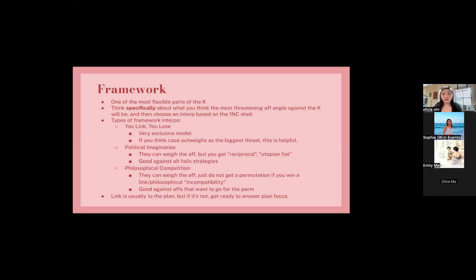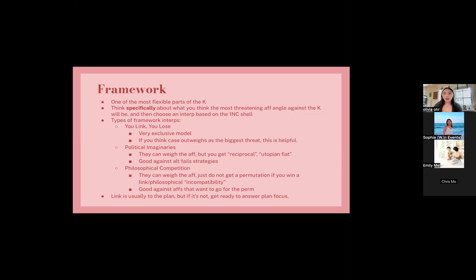You can combine the last two framework interps together and mesh them together based on the round. But the last two middle ground strategies are definitely the most strategic in the context of cap, especially if you're going for it with a big stick impact like warming or war, because I think that it resolves most of the 1AR's fairness or clash arguments. Most of these are premised off the idea that the AF should get to weigh the plan, but under those bottom two framework interps, they get the plan. So it means that we're not mooting the 1AC or the typical fairness concerns that people usually have when it comes to fairness.